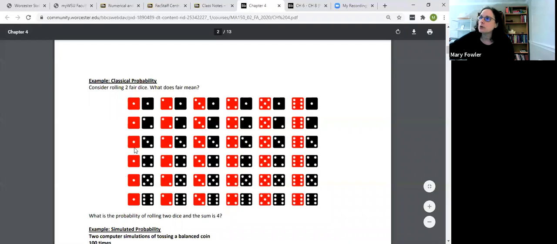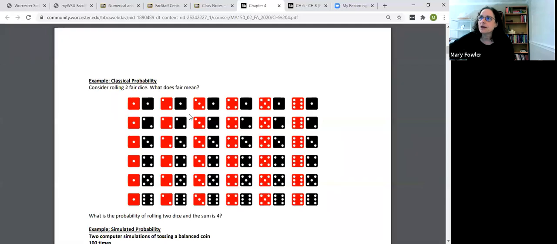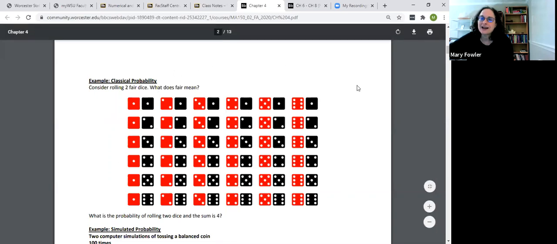And it should be noted that this 1 red, black 3 is a different outcome than 3 red, black 1. It also should be noted that even if we didn't see the colors, this outcome is really different than that outcome. Note, it might also be worth noting that red 2 black 2 only occurs one way. So black 2 red 2, red 2 black 2, it's the same outcome. So for dice, the classic, and we'll be working with this, you have to get used to the dice and the card experiments here.